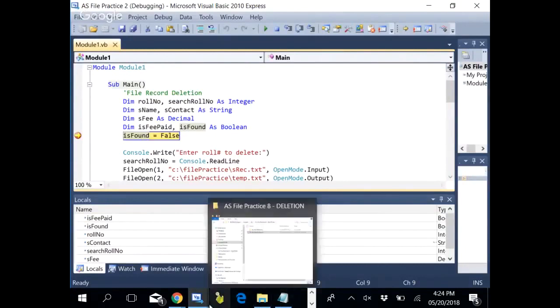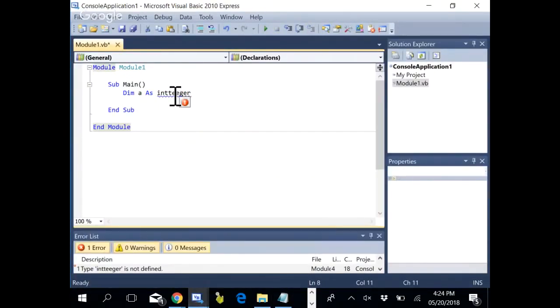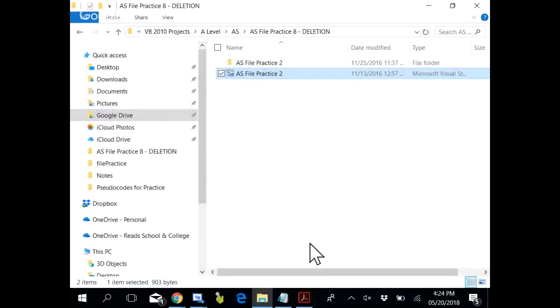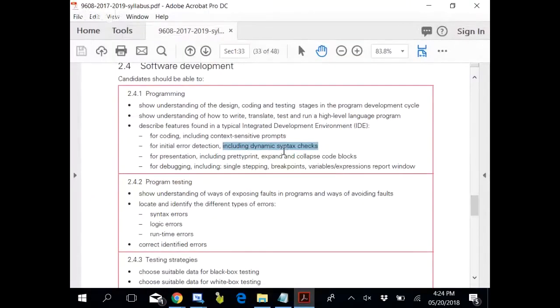Dynamic syntax check is when you write a program and in that program you have committed a mistake. It tells right away. You see, there are two types of converters, translators of the language. Visual Basic is a kind of language where, when we are editing, we are actually using an interpreter. As soon as we enter, it interprets the line and tells us if it is an error. This is called dynamic syntax check.